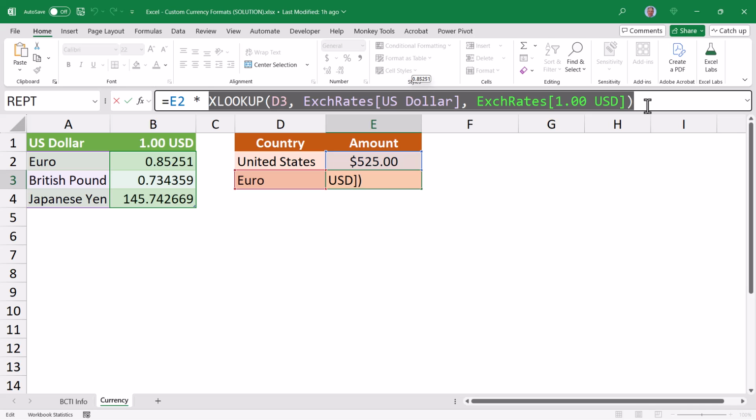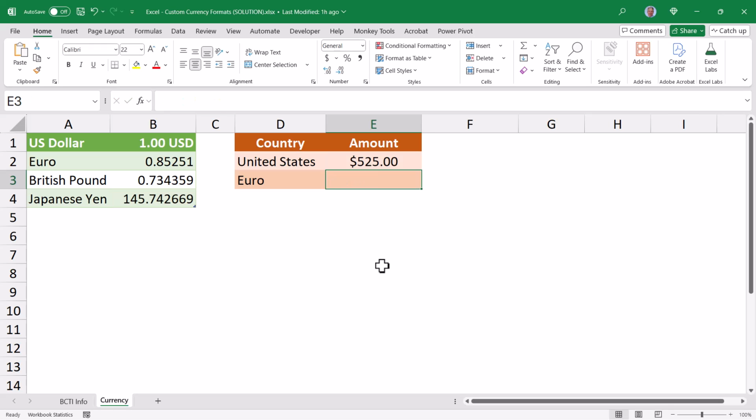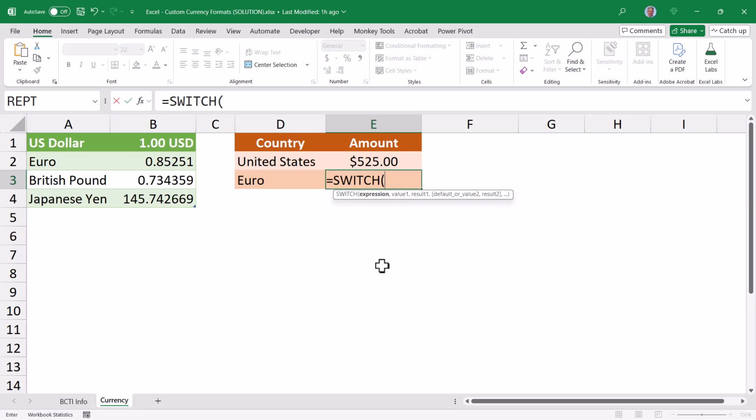So if the user were to select euro, I would take the value entered in E2 and then multiply that by the value in B2. If they pick British pound, I'll multiply E2 by B3. And if they pick a Japanese yen, I'll multiply E2 by B4. So this is all hard-coded, but again, it's just to keep the overall formula simple. So let's start off with a switch function. So the switch function is going to look and see whatever the user selected in cell D3, comma. If they selected euro, comma, then I want to take the value of E2 and multiply it by the value